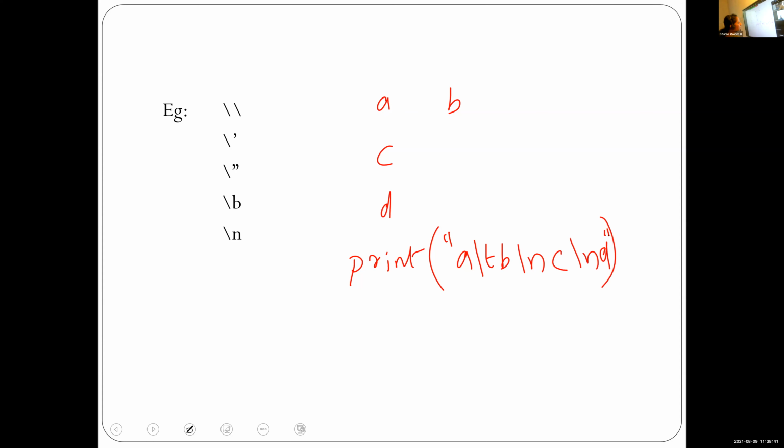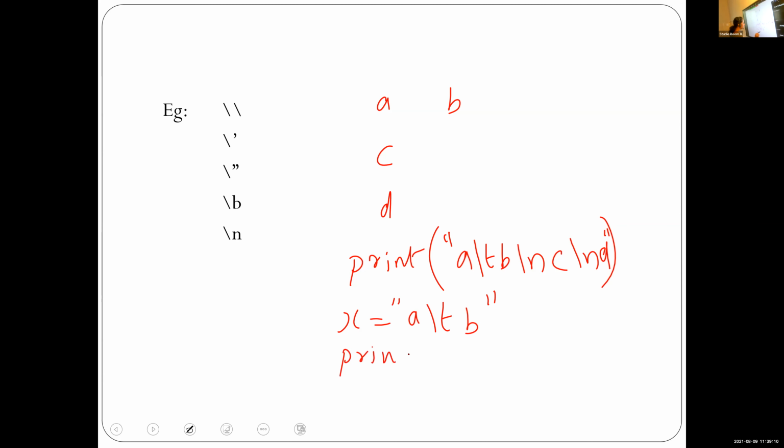John Joes, is it correct, John Joes? Ma'am, I wrote x is equal to a slash t b. X is equal to A slash t b. Double quotes is there. After the slash t, B. Then print bracket double quotes x.